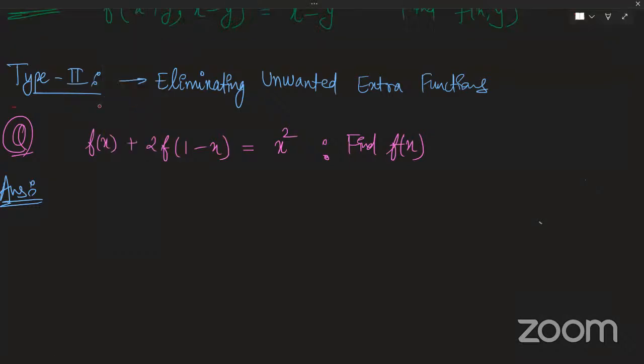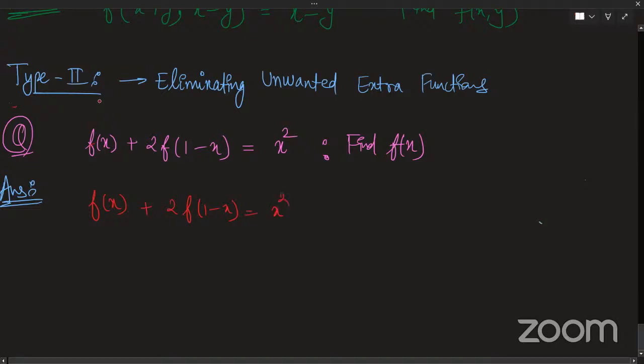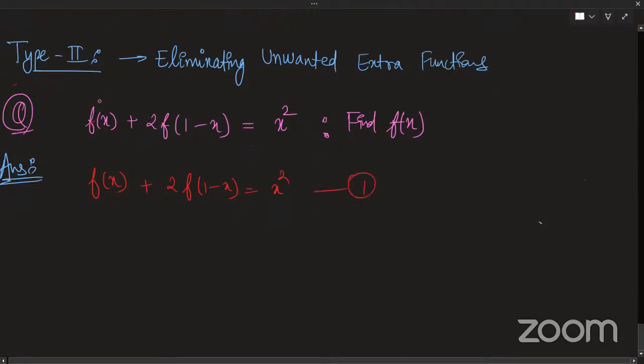तो चलो, no worries, it is the first question, so I will be doing it on your behalf to teach you how it is done. So see, there is one thing I am able to see here. One input is x and my other input is 1 minus x. So there is some way that I have to eliminate this 1 minus x wala thing. So how can I do it? Just think. So the first equation I have is f of x plus 2 times f of 1 minus x is equal to x square. ये तो मेरी पहली इक्वेशन है।